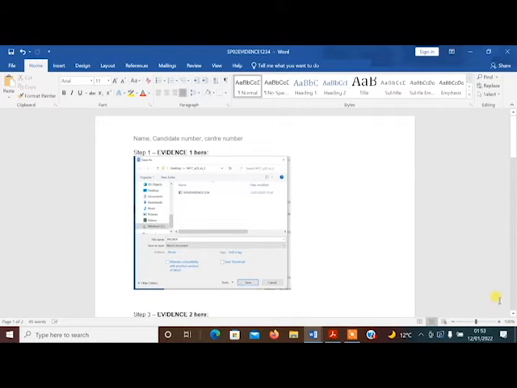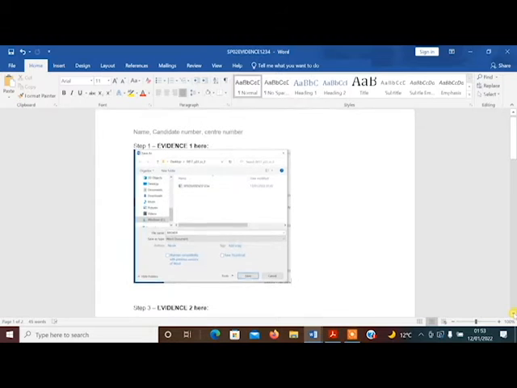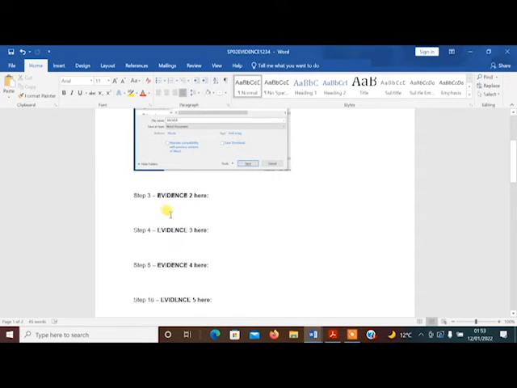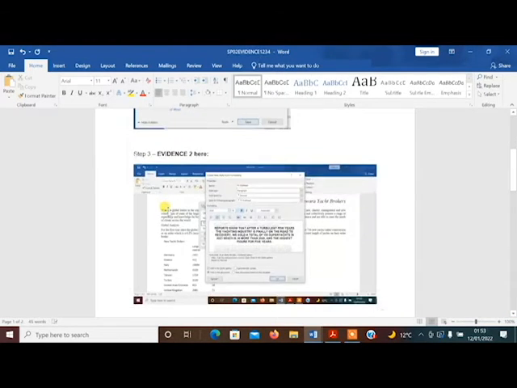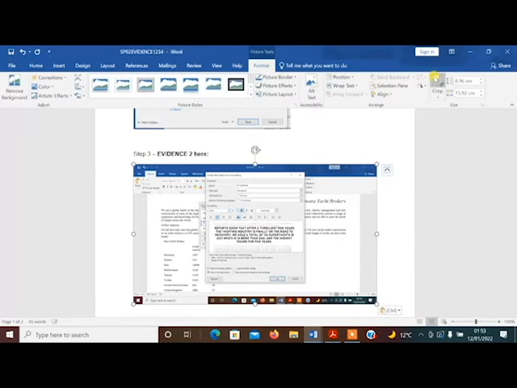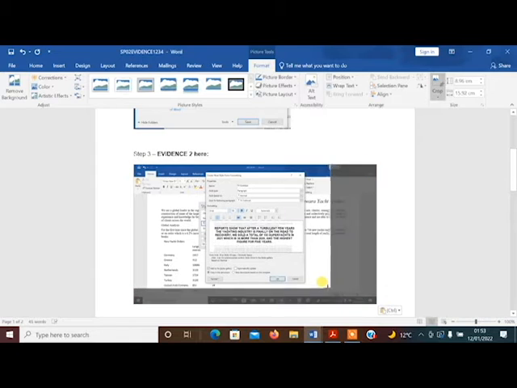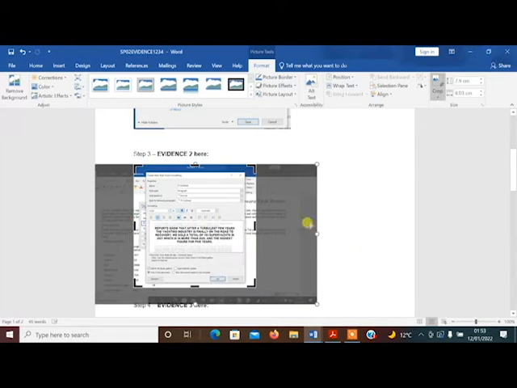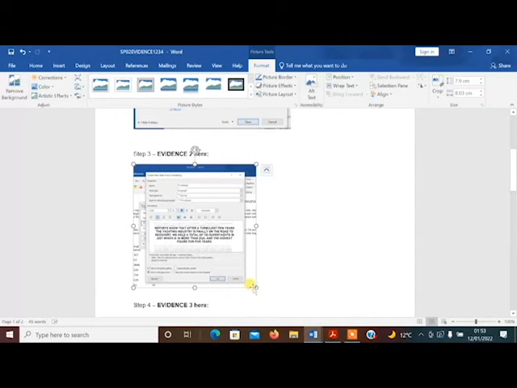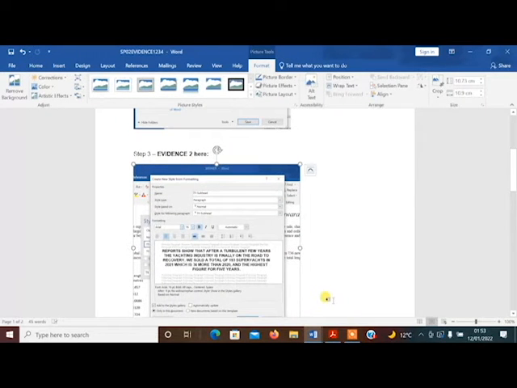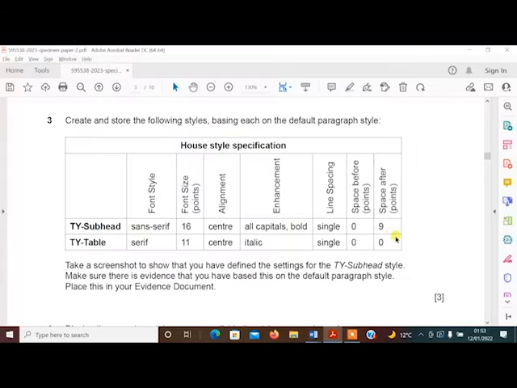And I'm going to put a screenshot down here of step 3. And I can crop out the bits I don't need. You get the idea. So I'll just crop that. I can make it a little bit bigger, and that's there. The next one is, so I've put the screenshot in already,